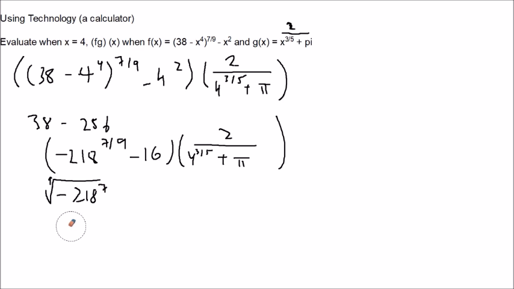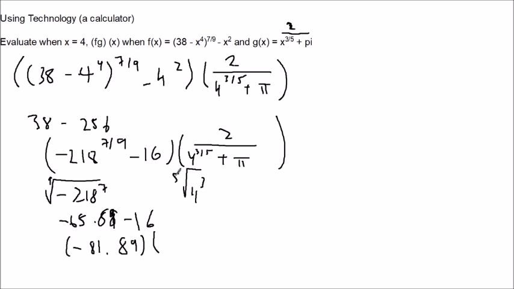So we're going to do negative 218 to the 7th power to the 9th root, which will give us minus 65.88. Minus 65.88 subtract 16 is minus 81.89, rounded. Then 4 to the 3/5 is the same as the 5th root of 4 cubed. 4 cubed is 64, and the 5th root of 64 is 2.2. 2.2 plus pi is